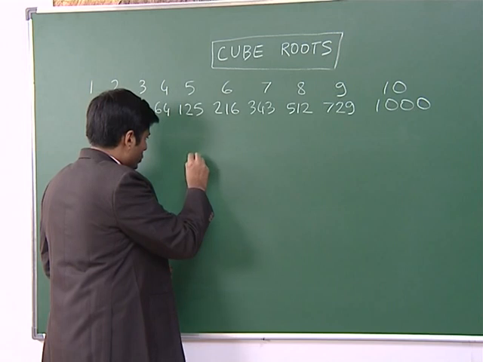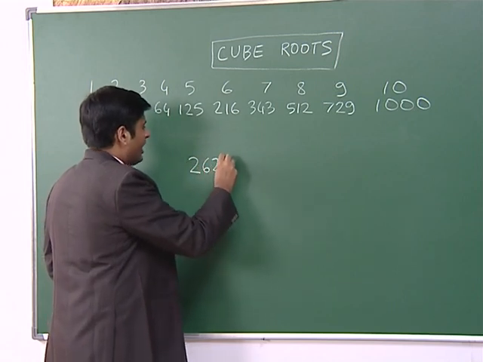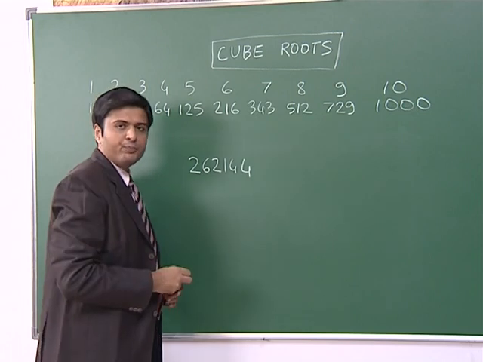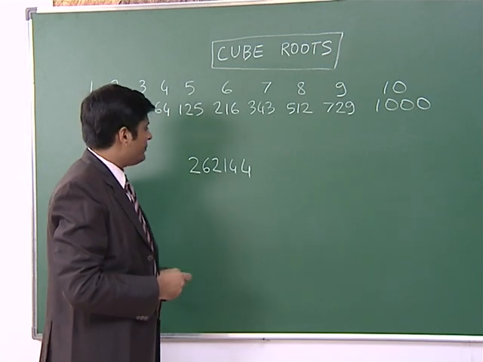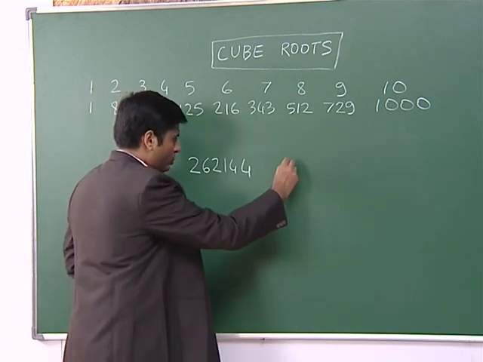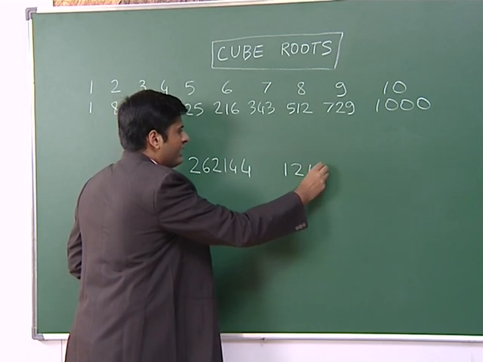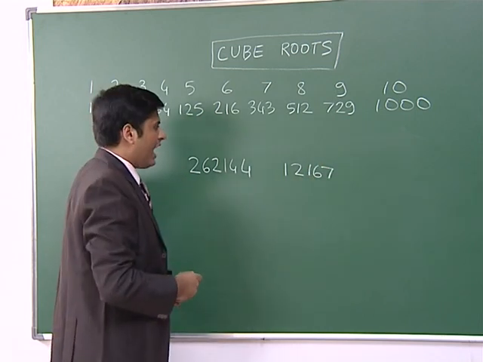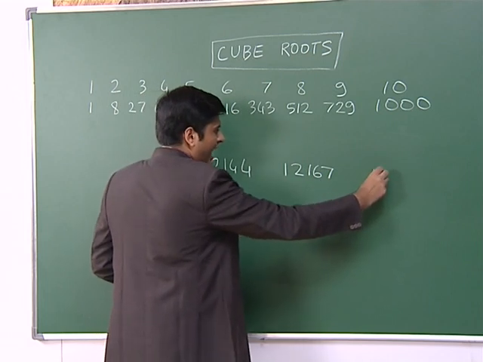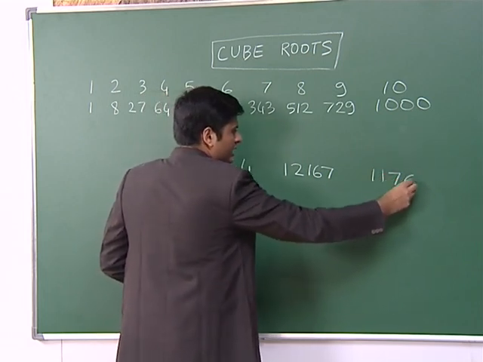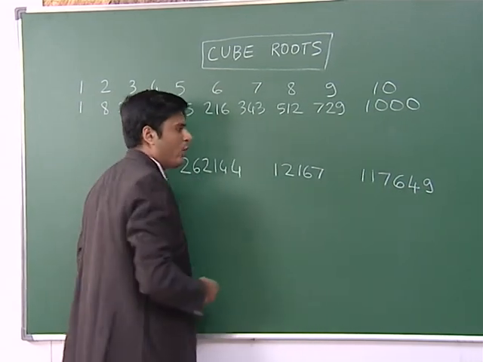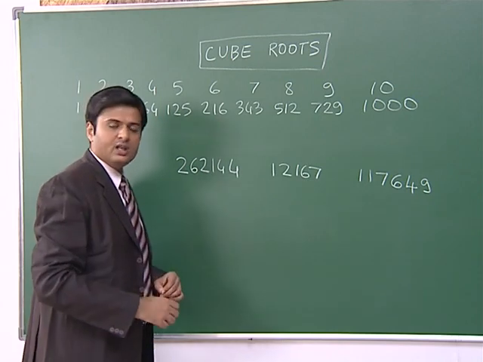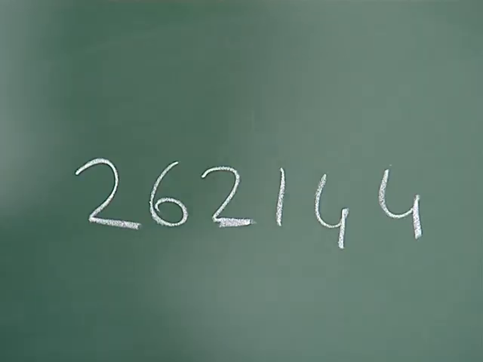First, I want to find the cube root of 262,144. Next, I want to find the cube root of 12,167. And last, I want to find the cube root of 117,649. Now the rule says whenever a number is given to you, you put a slash and divide the number